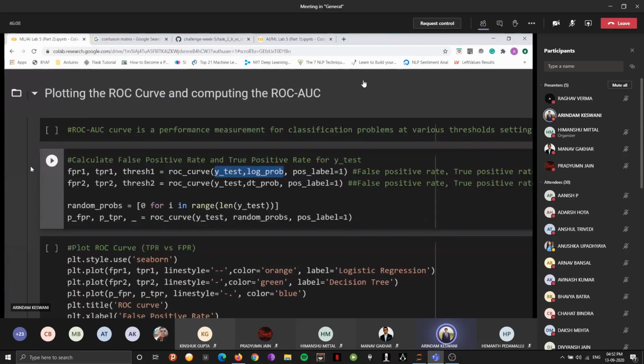Now, what exactly do these mean? False positive and true positive rate, I'm sure it's quite self-explanatory, but the threshold, I'm hoping I'm not taking much of your time. If you want to get into the details of this, you can definitely go over to the resources mentioned above, or you can Google as well. It's very simple. You will be able to see what exactly threshold means here. For now, we'll just be storing values in these variables.